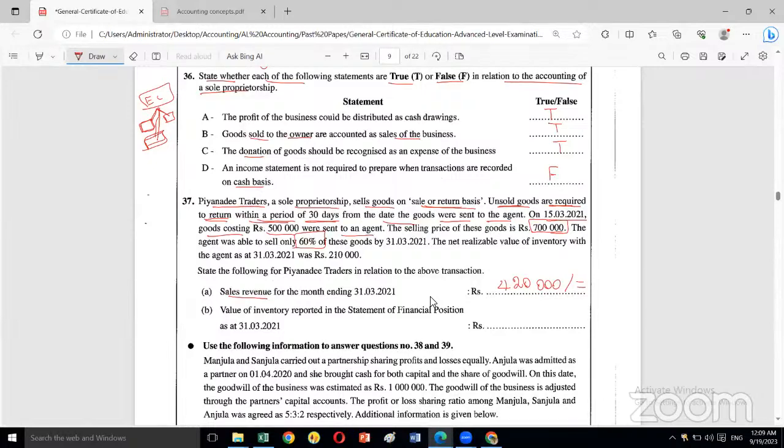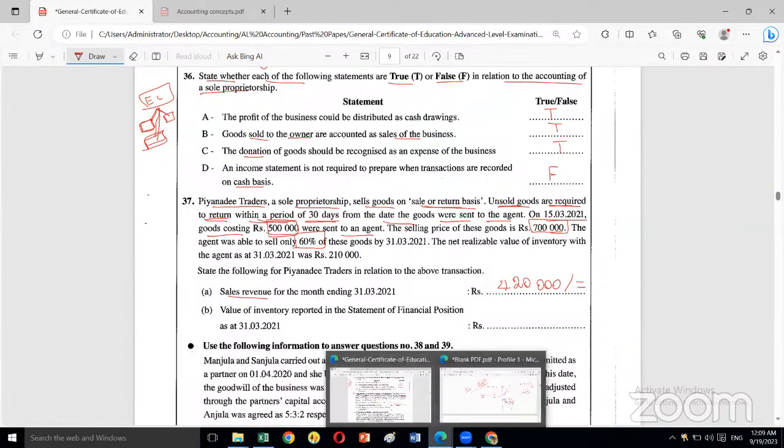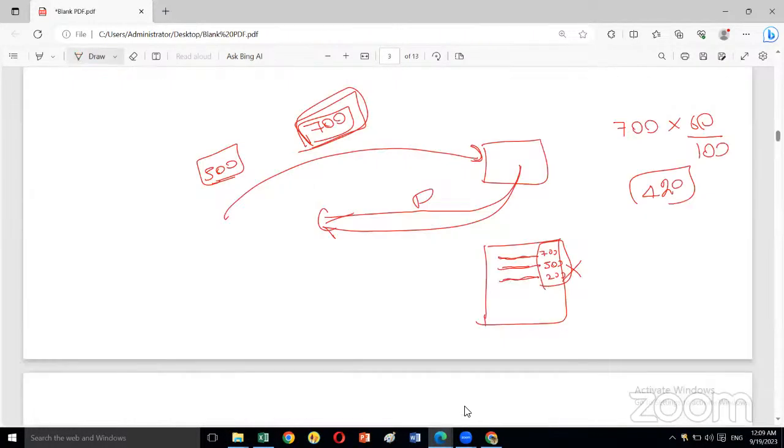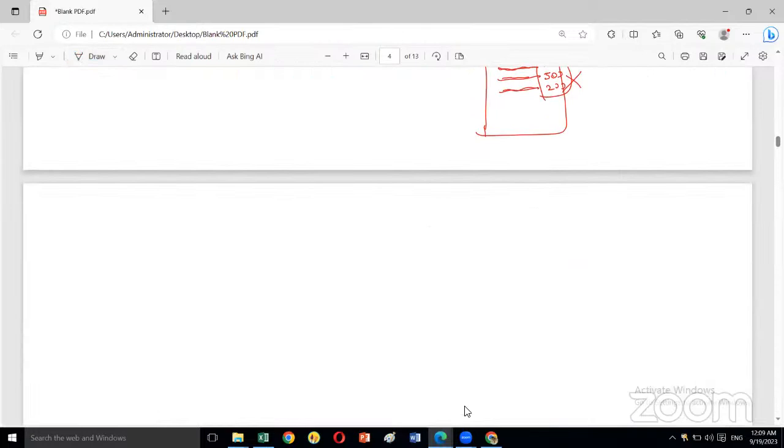420,000. Is it clear up to this? Very good. Some students have sent me the answer. Excellent. Now see the other one. Now you can see, cost of the goods is how much? 500,000. Now just listen. Cost of the goods is how much? 500,000. The trader has informed